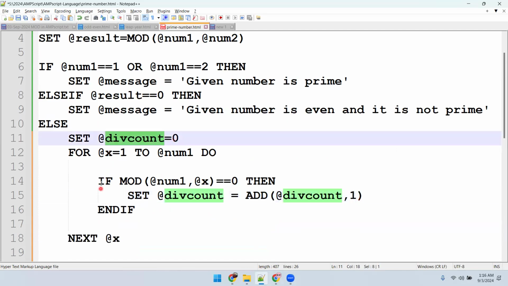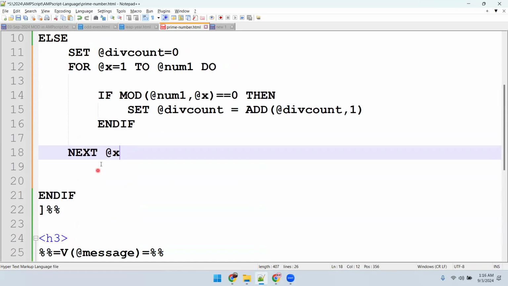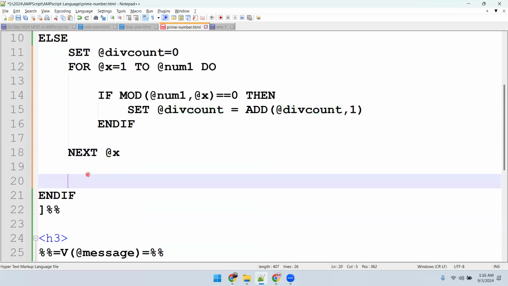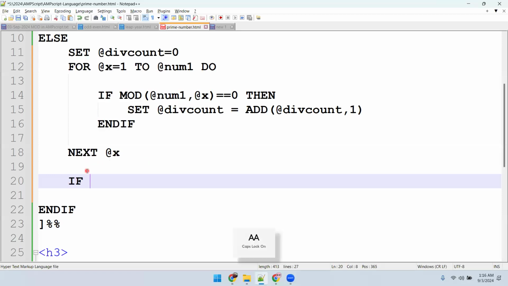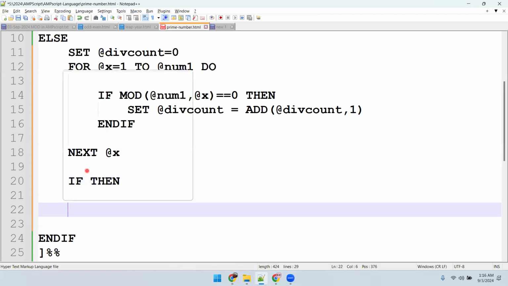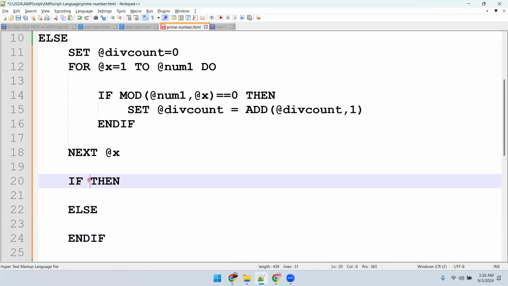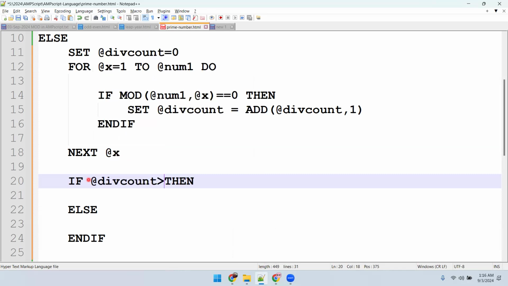Div count is 0. When this loop completes, I will just check whether this div count is greater than or equal to 2. This is the else, and this is for the endif. Now I'll be typing this one: if, then, else, and endif. What is this? If div count is greater than or equal to 2,